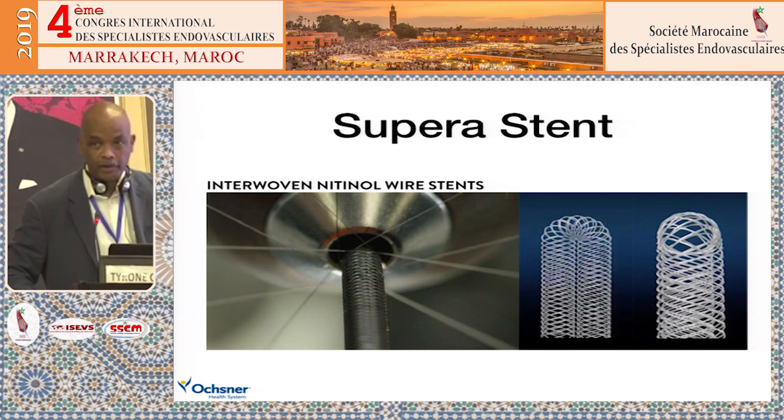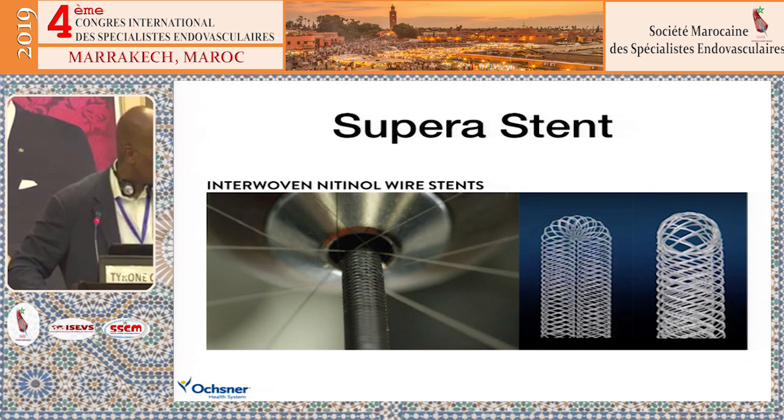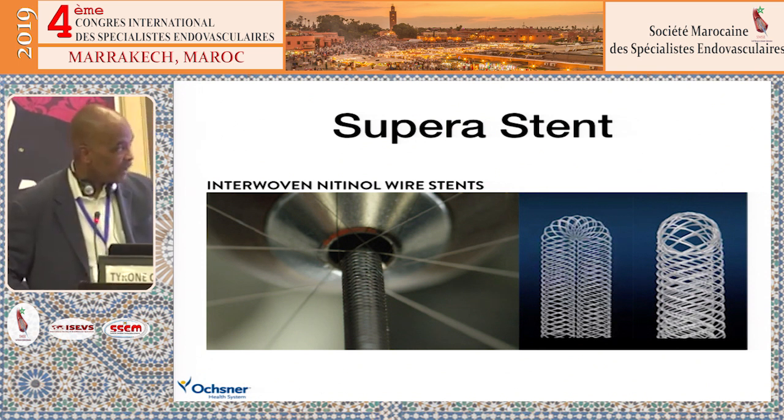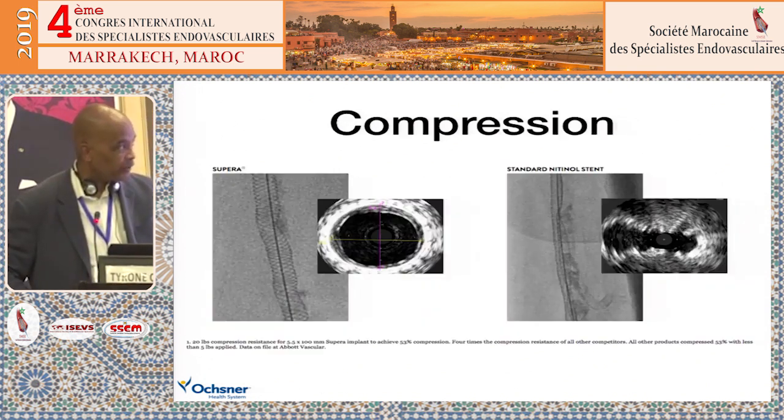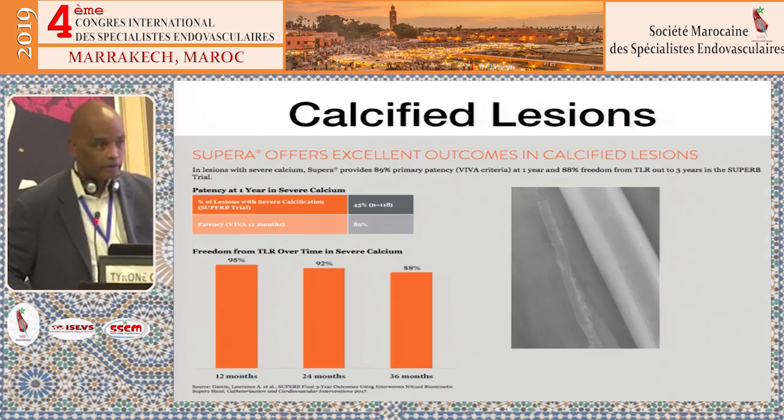But the newer generation of stents, like the interwoven stent, the Supera stent, you can see that it maintains its shape even though it's bent to an extreme angle. And this stent resists compression. On the far panel, you see what happens to a standard nitinol stent with 20 pounds of pressure applied and what happens to the Supera stent on the near image. It maintains its oval or its circular shape. And this stent has also been found useful in calcified lesions, which has been one of the Achilles heels of